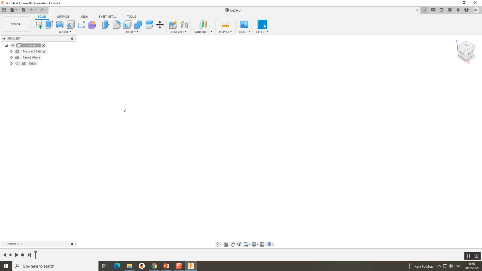So the first thing that we're going to do is look at our technical drawing that's in front of us, and we are going to draw what we see as the top view. So at the minute the height is 28 and the width is 50. So I'm going to select the Create a Sketch tool,